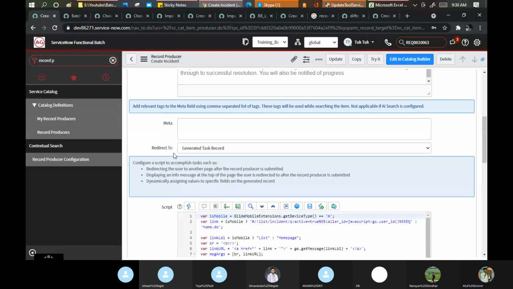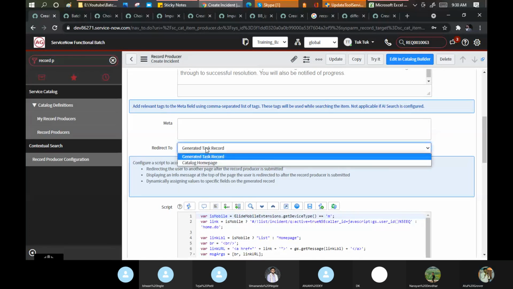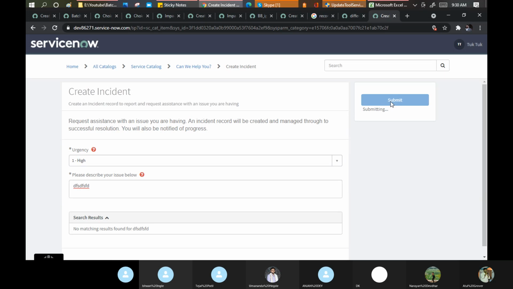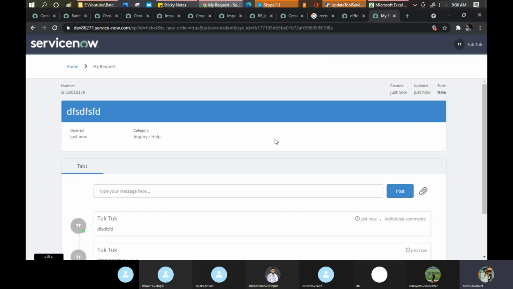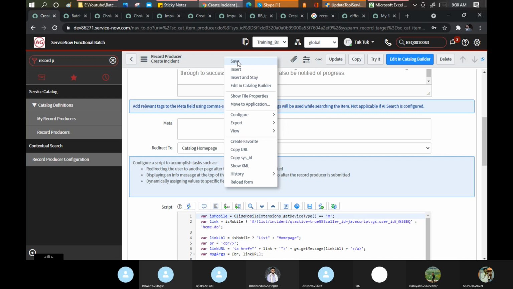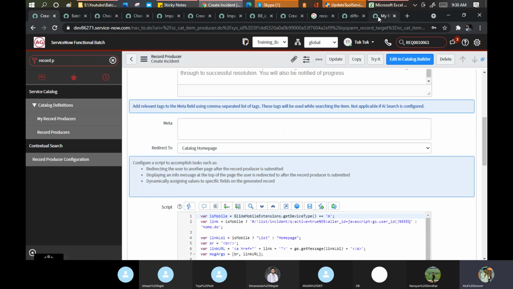Now I come down. What to do? Generated task record. It means when I click on submit, let me click on this and click on submit, where is it taking me? It is taking me to the incident form. But if I change this, I want it to go to the catalog home page. Let me save. And go here.